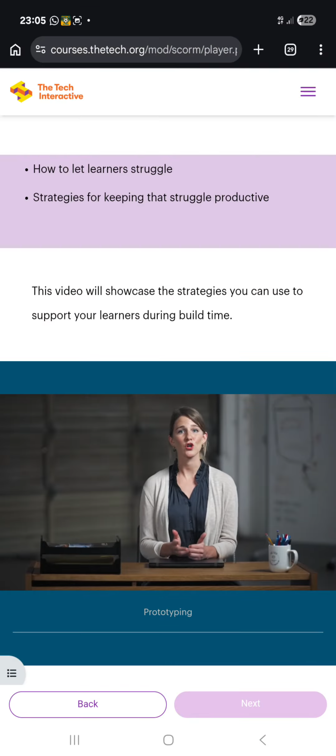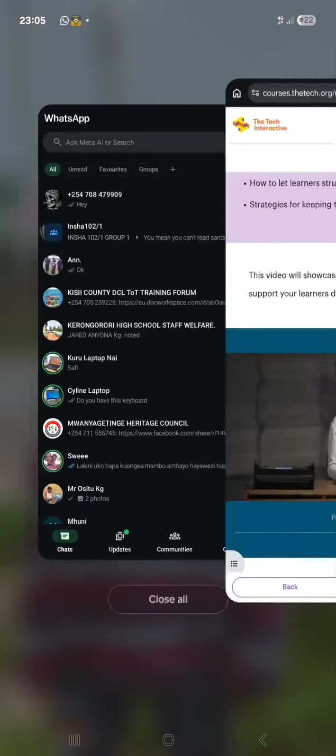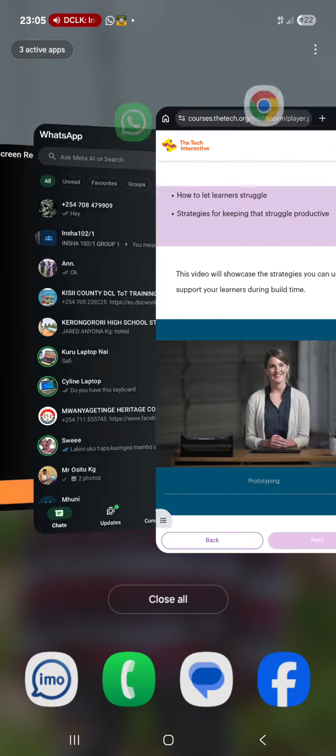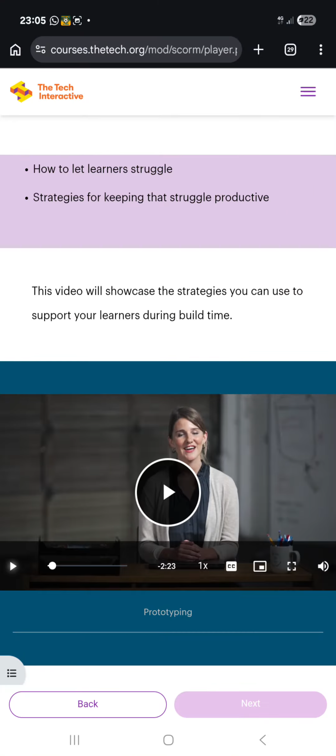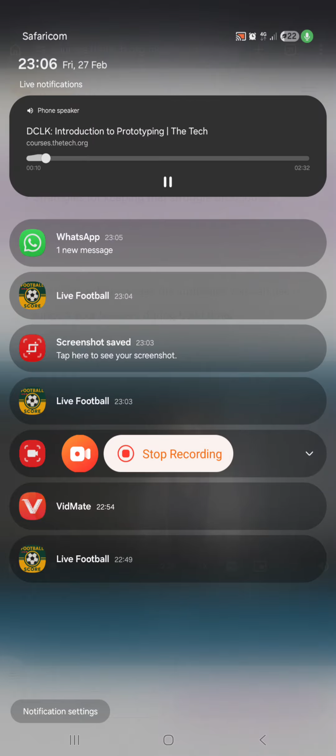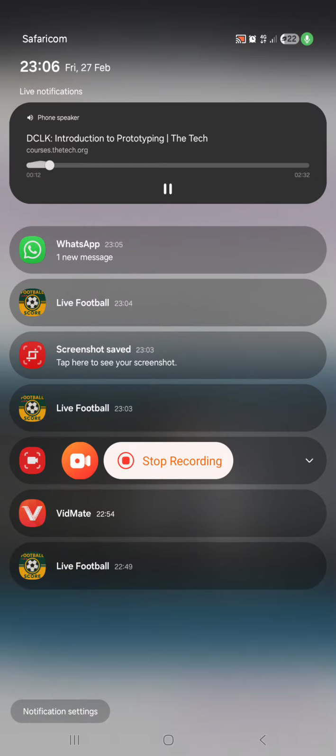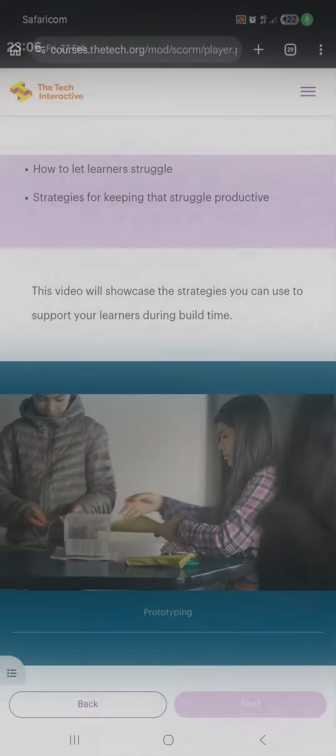Prototyping and iteration are crucial to the innovation design process, allowing learners to take bold risks, persevere, and learn from failure. The process